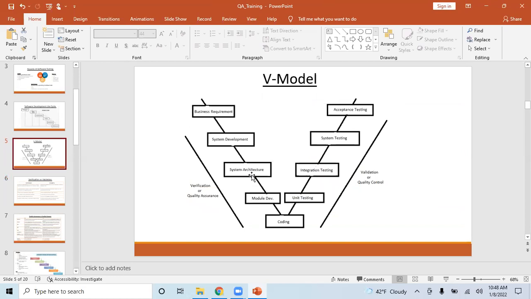This phase is more about integrating all these modules into one single system. And again, these two phases are almost similar from the developer's point of view, where it is about integrating multiple modules into a single system so that it acts as one end-to-end system, so that we can do some system testing on the end product.